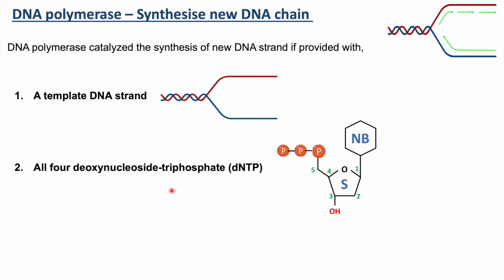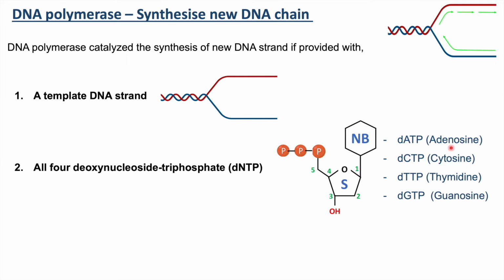Now I have mentioned 4 here because there are 4 different nitrogenous bases for DNA, which are adenine, thymine, guanine, and cytosine. So depending on the nitrogenous base, there are 4 different types of deoxynucleoside triphosphate: adenosine triphosphate, cytosine triphosphate, thymidine triphosphate, and guanosine triphosphate. So we need these 4 deoxynucleoside triphosphates in order for DNA polymerase to synthesize the